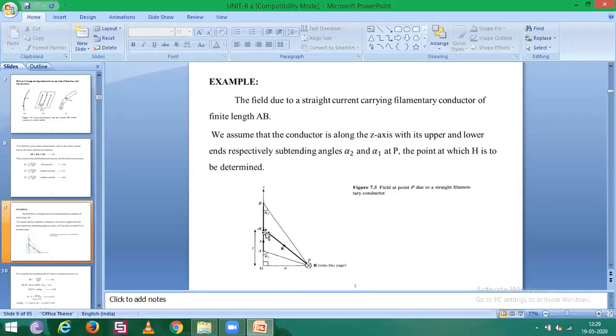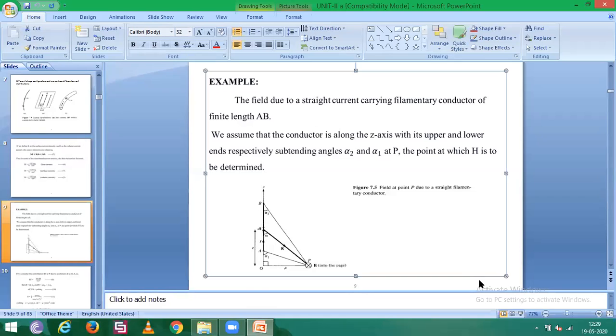So due to this IdL, first we'll write the expression for the magnetic field dH. The magnetic field due to current element IdL, a small section of a current carrying conductor of length L carrying current I, is given by dH equals